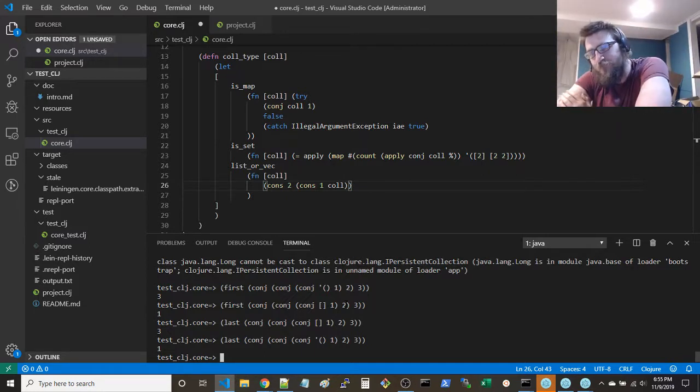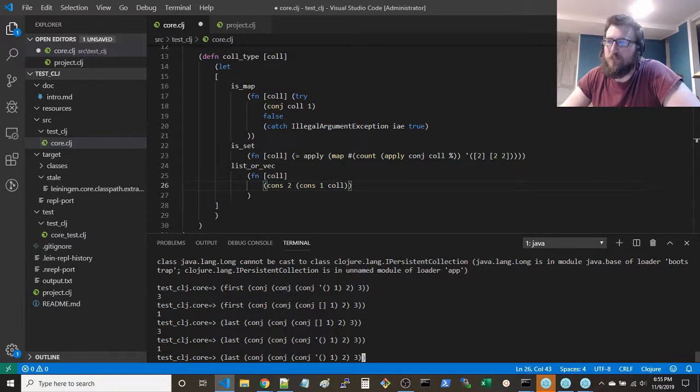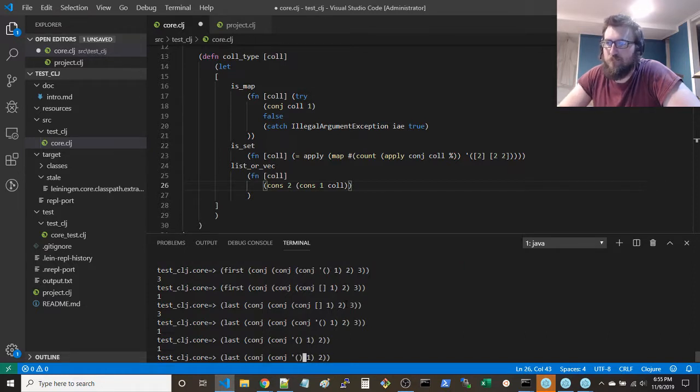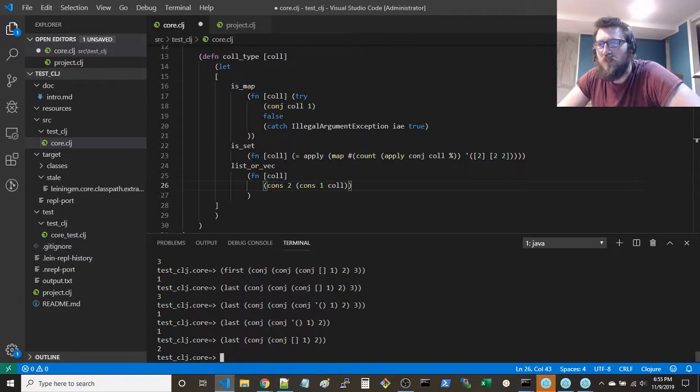So if we can conj, we don't need to do three. We could just do 2 and 1. That's too many, it's not necessary. So if we conj on a list, the last thing is actually not going to be 2. If we conj on a vector, the last should be 2. That's what we want to check.